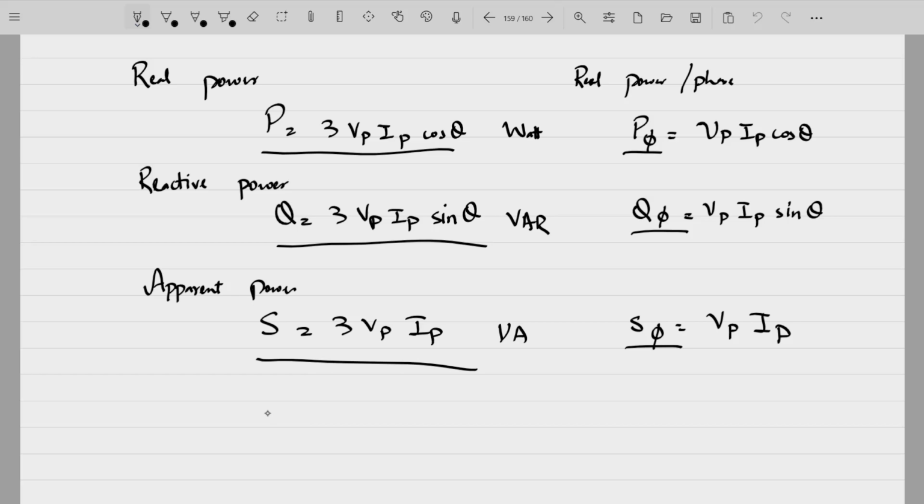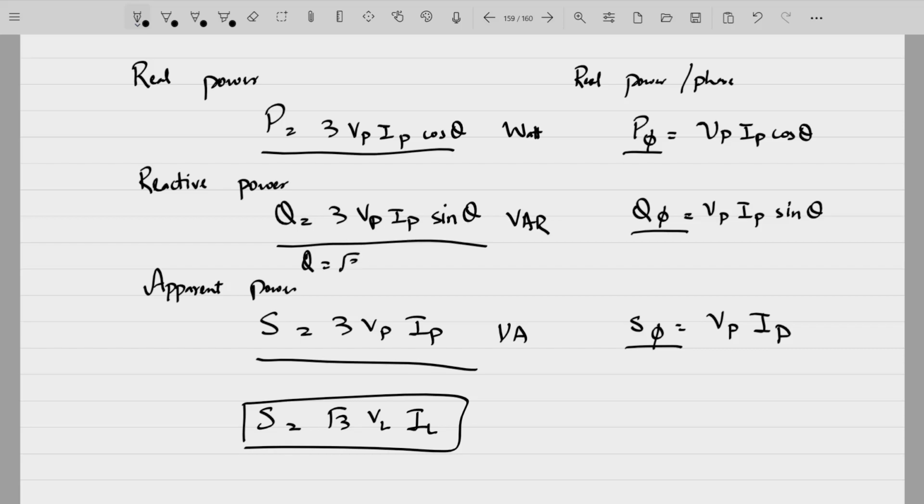Fine. So therefore, if we were given line voltage quantities, S would change to root 3 VL IL. Similarly, Q would change to root 3 VL IL sine theta, and real power would change to root 3 VL IL cos theta. Fine. Instead of having phase voltage, if you have the value of line voltage available to you, since Vp is VL divided by root 3 for a star connection, or for a delta connection IP is IL divided by